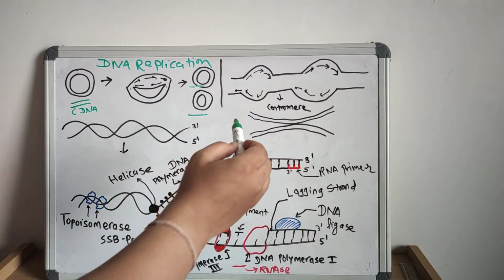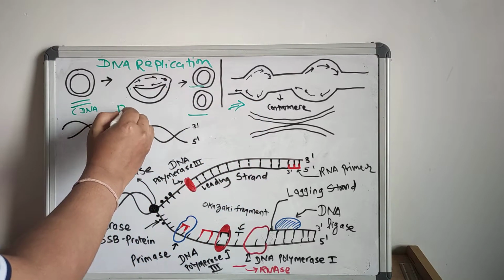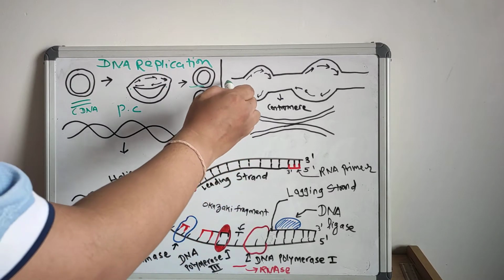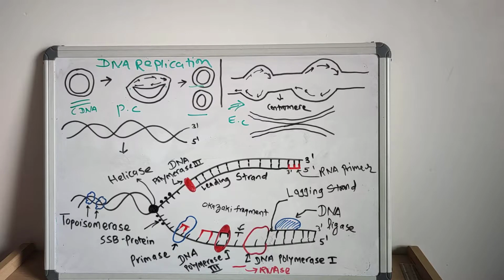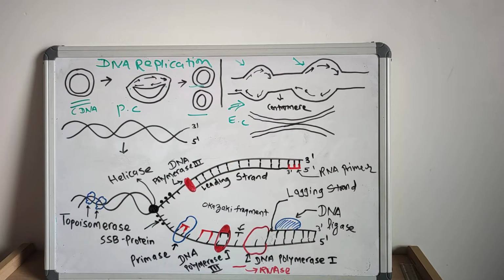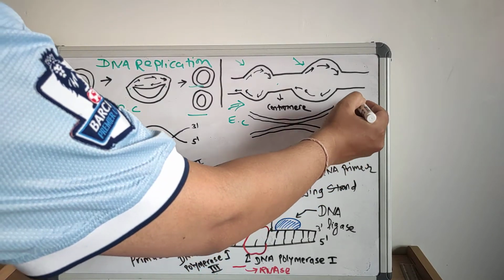However, this is the prokaryotic chromosome, and this is the eukaryotic chromosome. Each eukaryotic chromosome contains one linear molecule of double-stranded DNA, having multiple origins of replication. Bidirectional replication occurs by means of a pair of replication forks produced at each origin. Completion of the process results in the production of two identical linear molecules of double-stranded DNA.